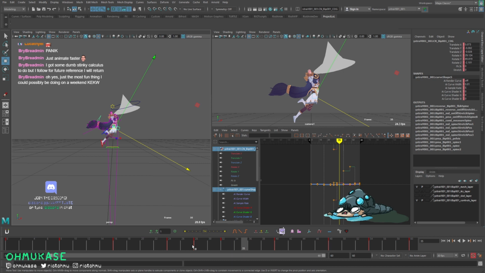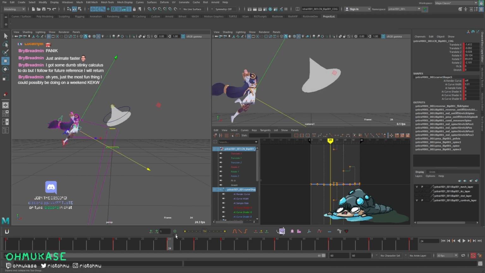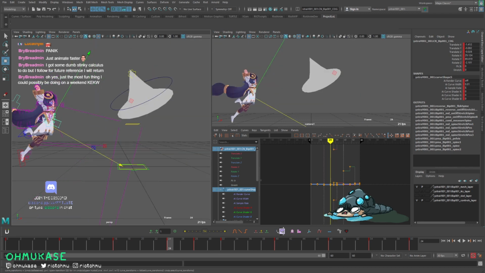Go back into blocking again with some poses, put in more detail, more information, and then you get more sense of what the final will look like, right? Because the timing of blocking and spline are very different. So the more blocking you can do and reiterate, just doing versions over and over, the more information it gives you and a better idea of what it's going to look like afterwards. I was obviously still very, very early, but because we need a pose